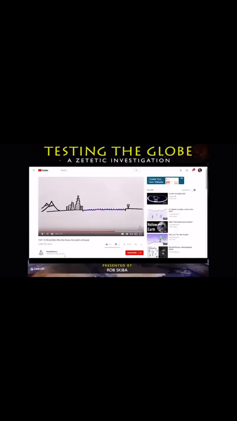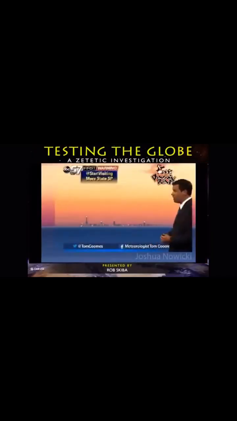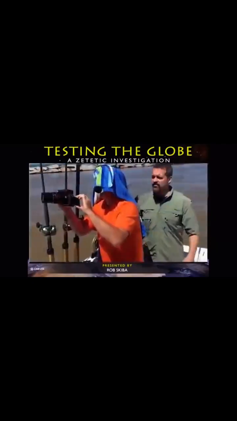It's quite dense, and so much the more so when compounded over long distances. As for the Chicago skyline being seen from the other side of Lake Michigan, it is very interesting that this picture would show up about 3 years after the Top 10 Proofs video was done. Then, of course, we had the weatherman saying, "And what you're seeing here is a mirage." So Rick Hummer and I got in a boat and we proved that it was not a mirage, but the